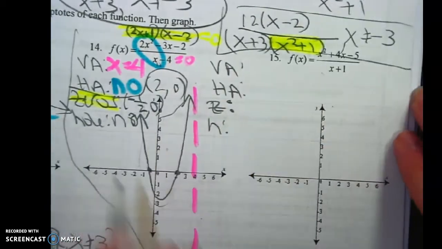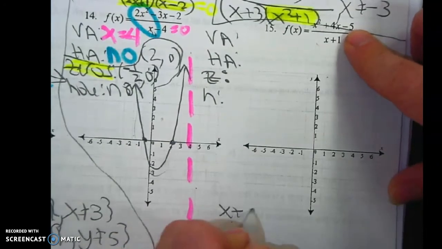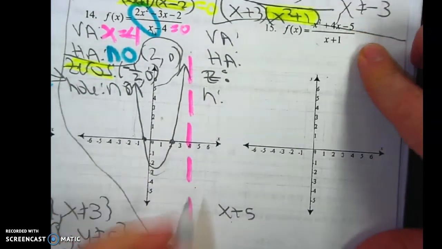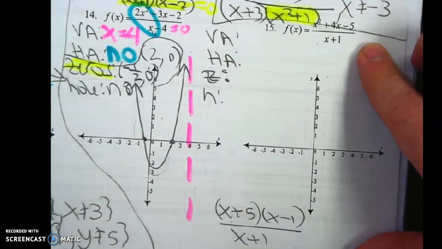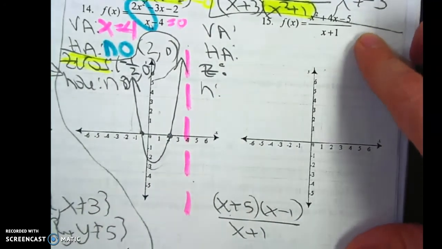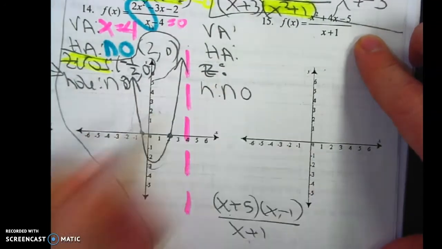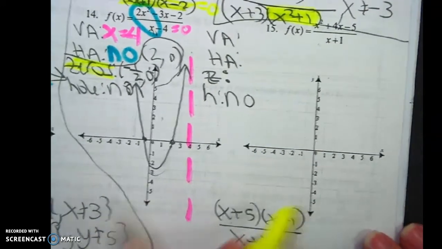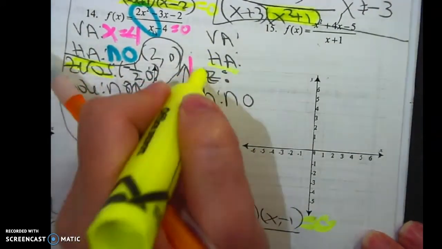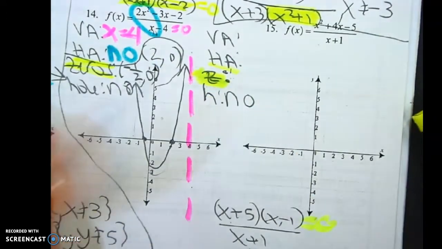So the first thing I'm going to do is go lower here because I don't have much space. I'm going to factor this: (x plus 5)(x minus 1) over (x plus 1). I wish that one had a hole, but it doesn't. Holes are the ones that repeat. This does not repeat, so there is no hole. The zeros are based on the numerator, so that would be (-5, 0)